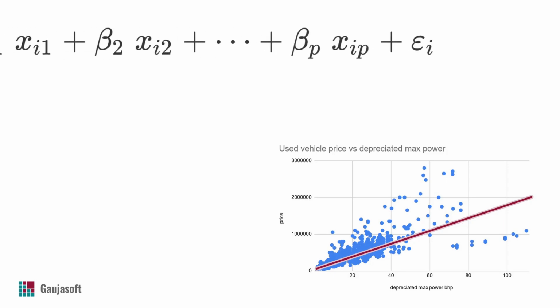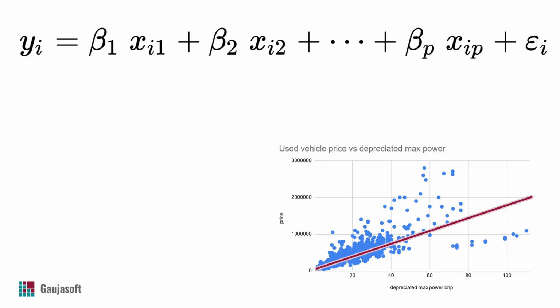Let's define a dependent variable y to be equal to a sum of factors x multiplied by their respective coefficients, denoted here as betas, plus the residual epsilon, sometimes also called error. If we look at the x and beta as vectors, it can also be represented in a simpler form.